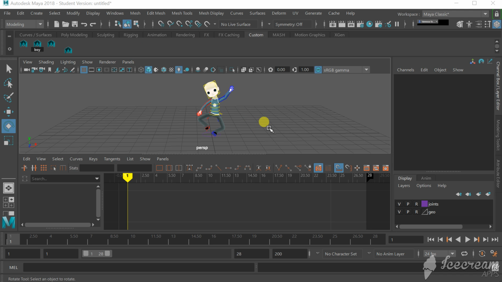Hi, in this tutorial we're going to learn how to ease in and ease out of 3 key poses in Maya. We've got our character here, and the first thing I need to do is I need to be able to